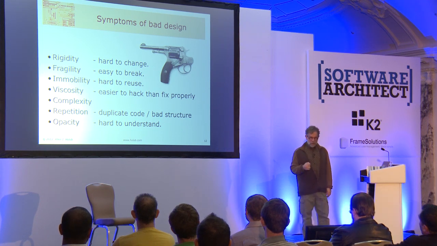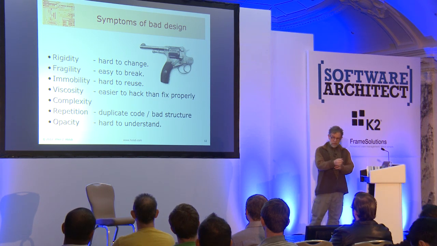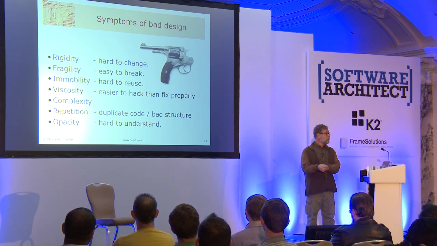So complexity, I think, stands alone in terms of what it says. Repetition is really bad, cutting and pasting. You never want duplication of your code. And you see a lot of that. I see a lot of this in Microsoft systems because there's so much boilerplate code that people tend to cut